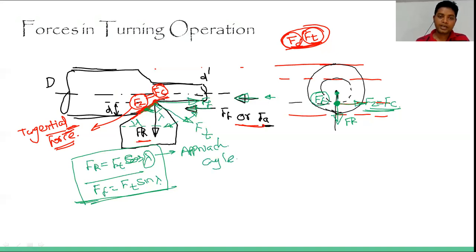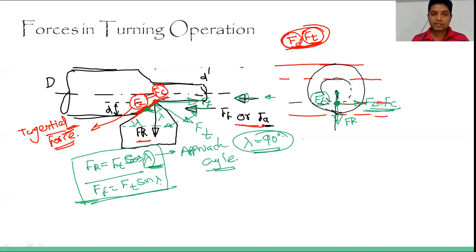approach angle. If it is given to you, then there is no issue, whatever is given you can directly put the value of that. If it is not given, then try to assume that lambda will be equal to 90 degrees. Okay, we will assume that this complete turning takes place in orthogonal cutting only, and will be treated as orthogonal cutting. Okay, so this is basically the conversion.